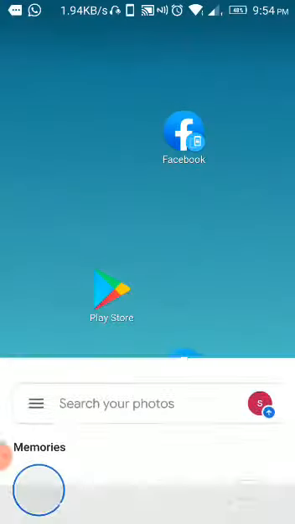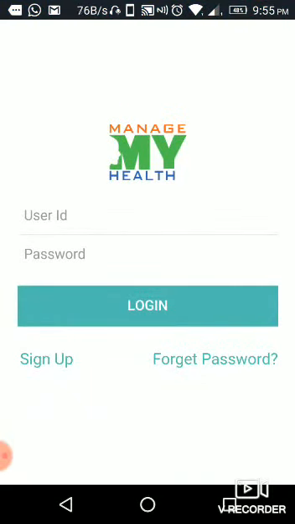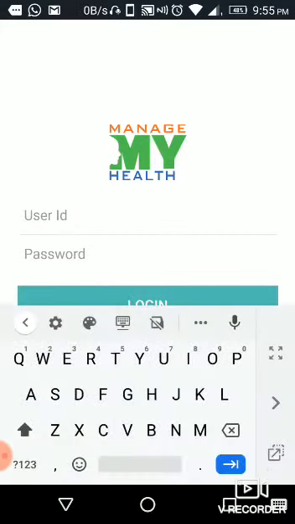You need to log in to the app using the mobile number as your user ID and your date of birth as the password.